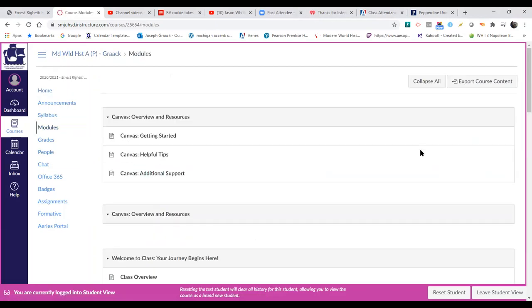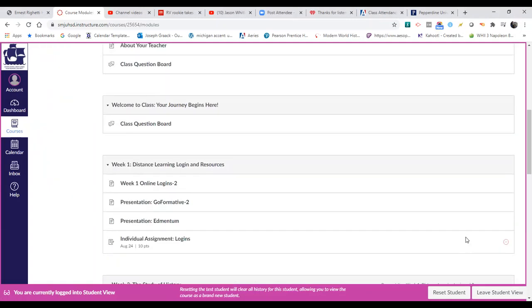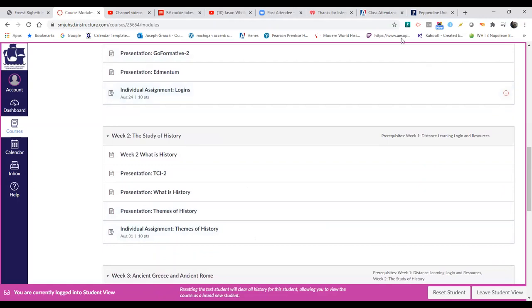Second biggest thing that came up was my modules locked and assignments locked. I can't get through. So remember, I talked a little bit about this last week. In your modules, what I did was put everything that you need to do for a week into a module. So week 1 is essentially module 1. Week 2 is essentially